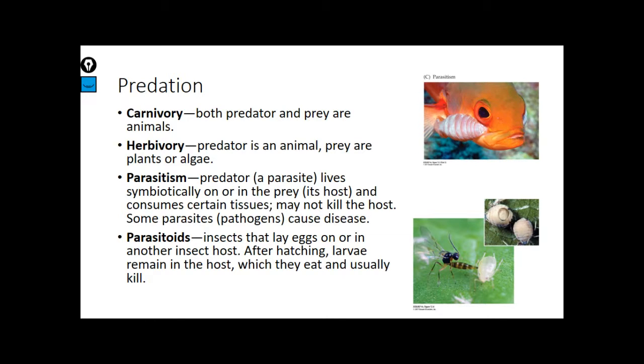So ironically, the parasite is the least cruel of the bunch. Most likely you did not die as you fall victim to that, as you do with the other three. Okay, any questions about these four definitions and how they fall under the umbrella of predation? Okay, let's stop there today then.